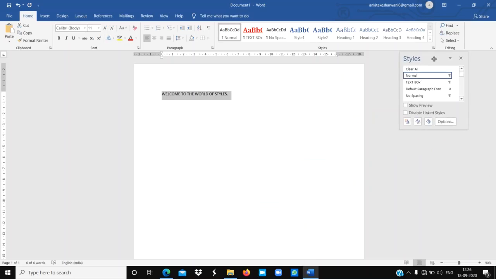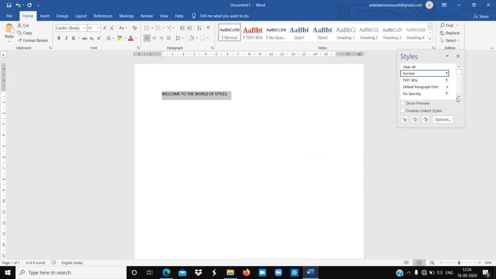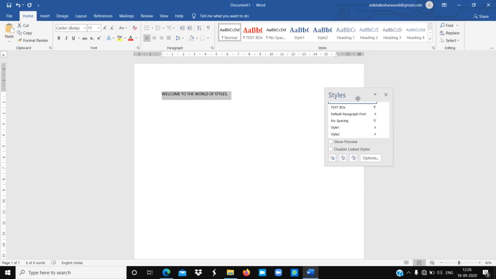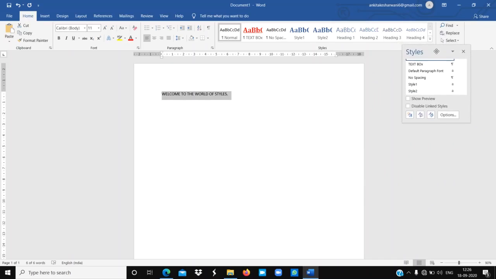It will open this type of screen, and this small screen is known as the style task pane.